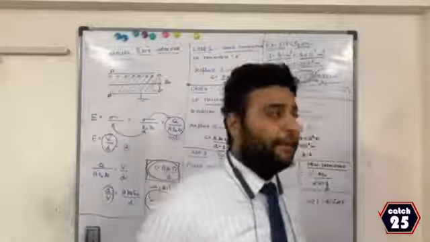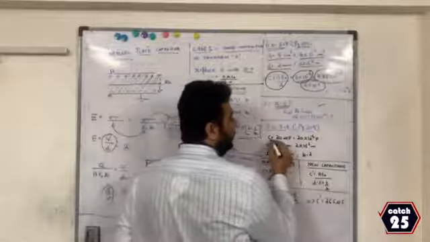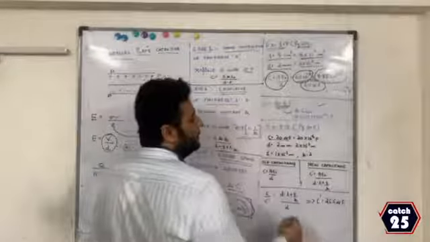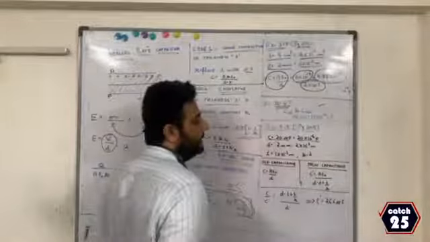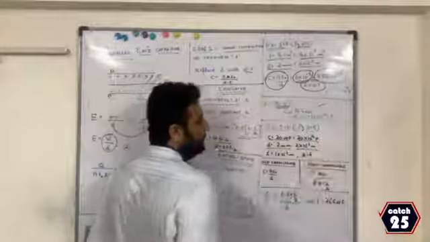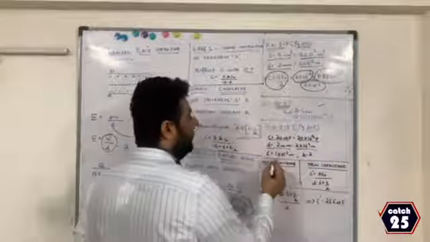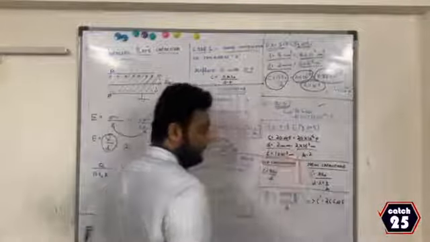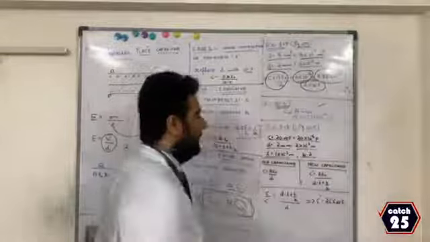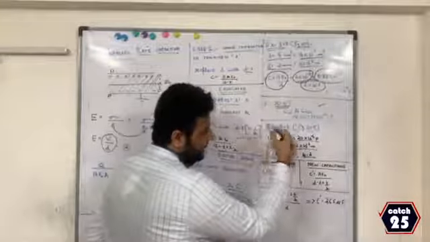In example 8.18, what they have done is, please look at the board. They have said one air capacitance, which is 20 microfarad. Air capacitance 20 microfarad means 20 into 10 power minus 6 farad. Distance is given as 2 millimeter, which is 2 into 10 power minus 3 meter. Now, an insulator of thickness 1 millimeter is put with the dielectric constant 2. Calculate the new capacitance. Old capacitance is given. They are asking us to calculate the new capacitance.